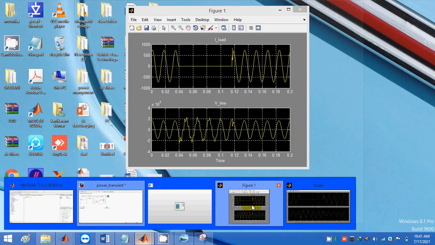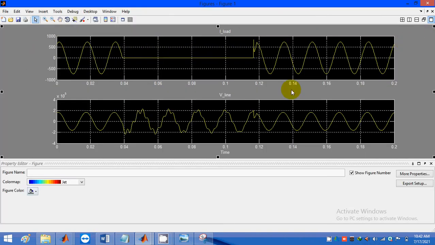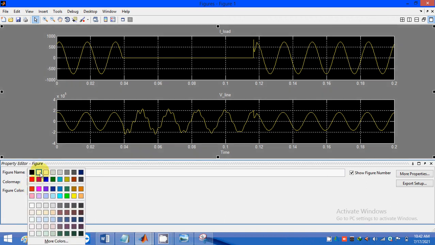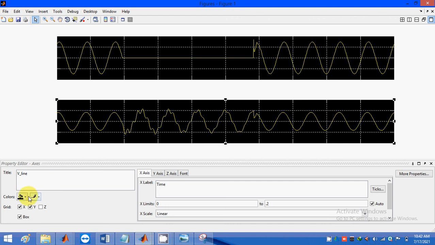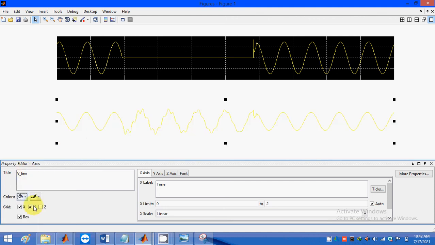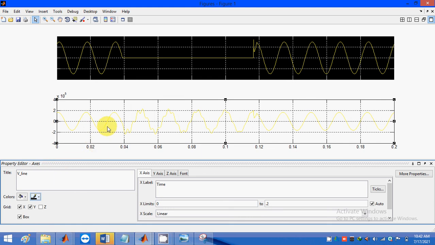Then click on show plot tools and dock figure here, and then change the colors. Also change the axis colors.